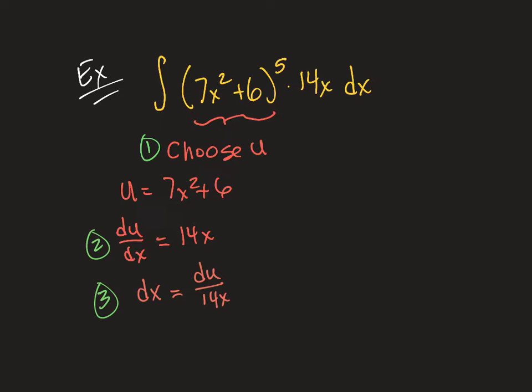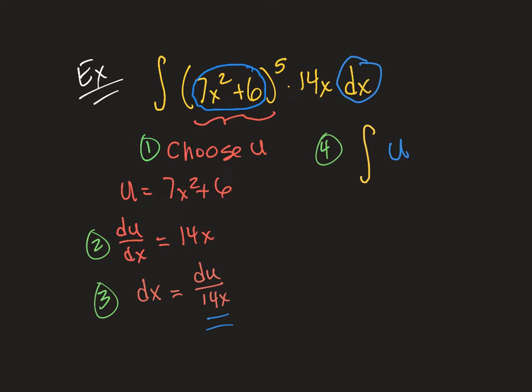Okay, now step 4 is going to be to rewrite the integral. And let's make this new integral blue. Now, in step 4, we have two jobs. We are going to replace the expression that we chose with a u, and we're going to replace the dx with the thing that we computed for dx equals. Other than that, we're going to write the same integral. So check this out. The new integral is going to be